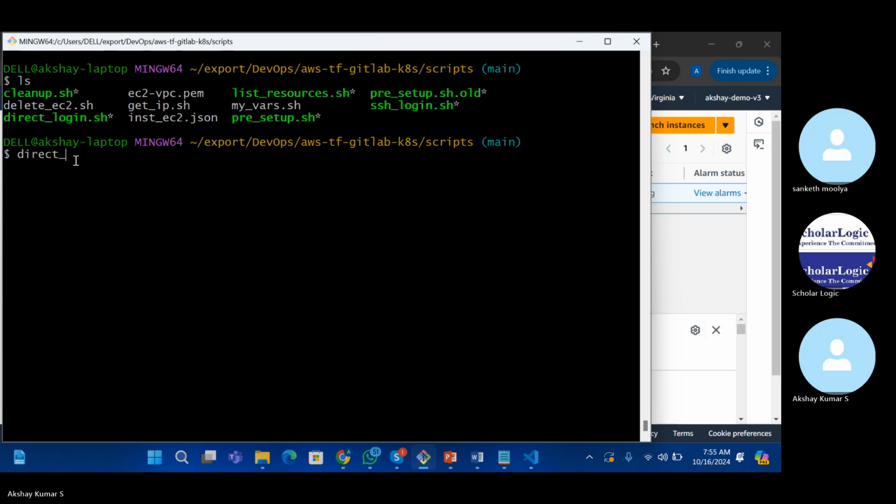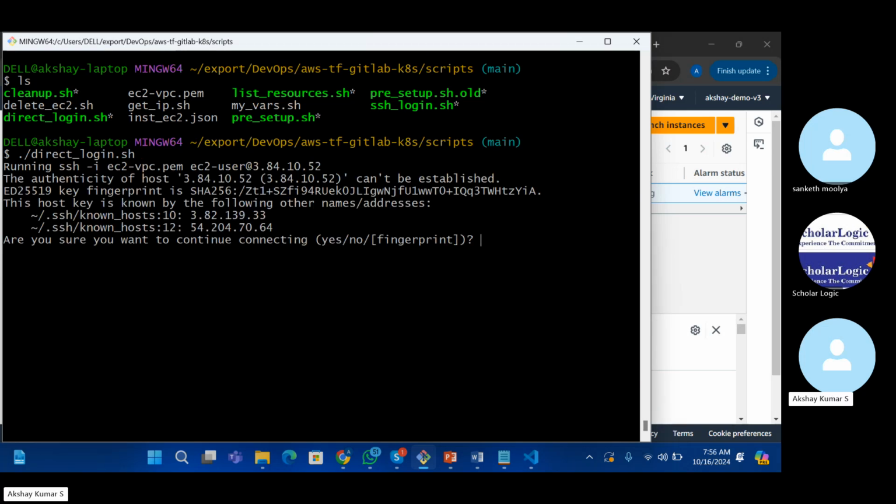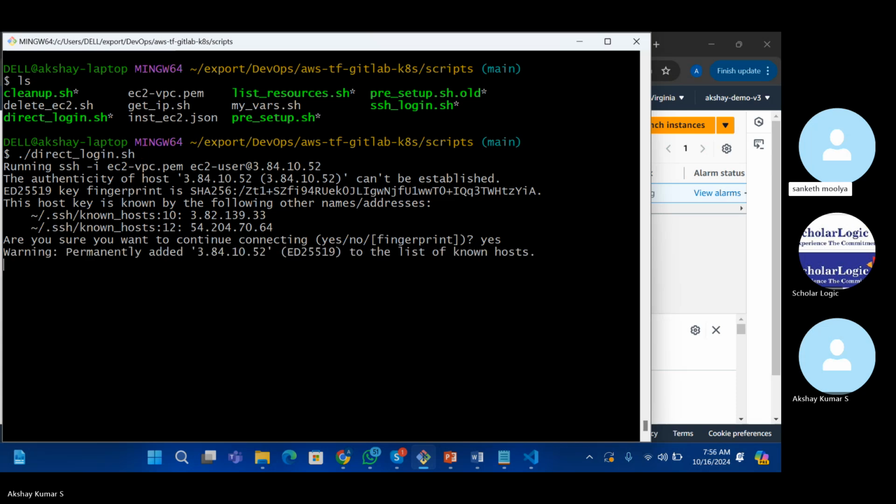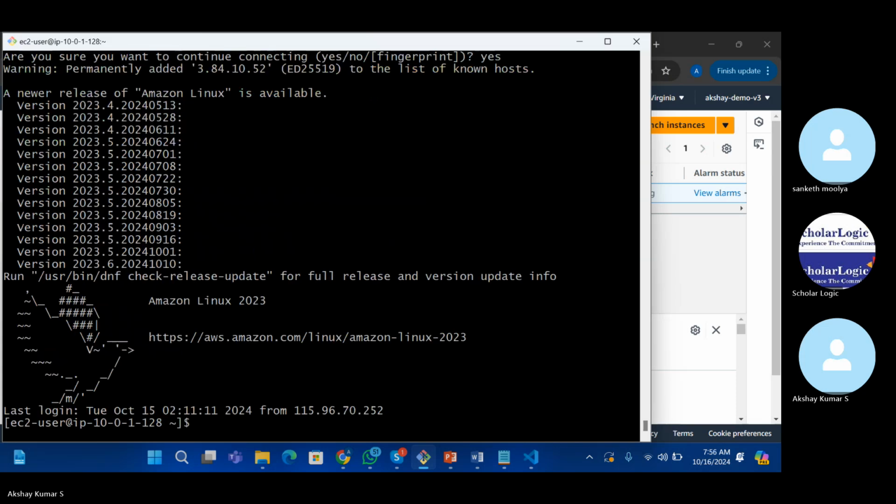/direct, Ctrl+A. So hit enter. Yeah, you can proceed with typing yes. Now you have accessed the EC2 instance. So from here,